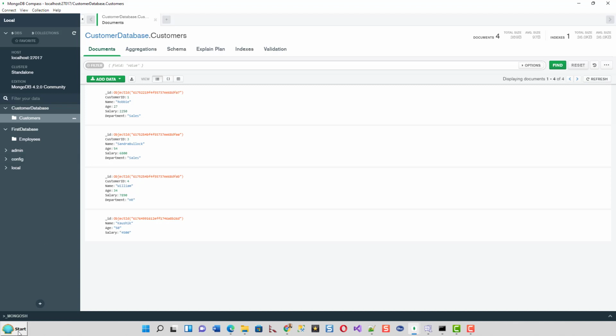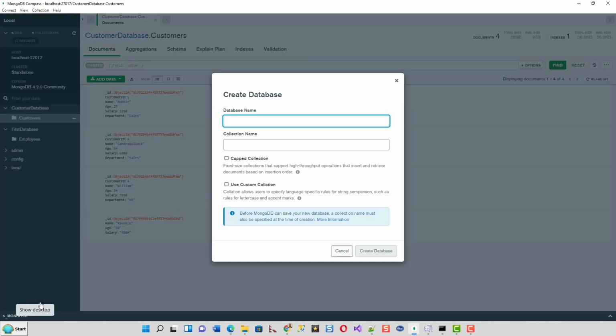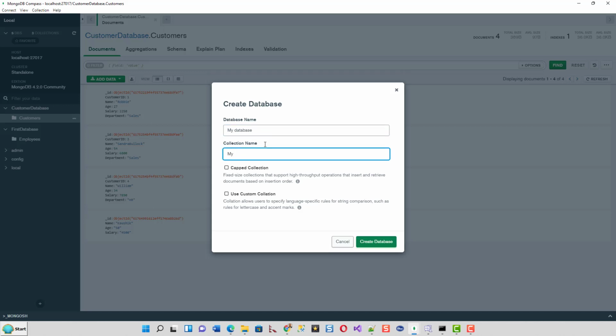Now you can also create a database over here. How do you create a database? So by clicking create database, it will ask you for the database name and collection name, these two columns, okay, and then click on create database. It will create the database. So let's create a quick database. My database, collection name, say my collection, okay.